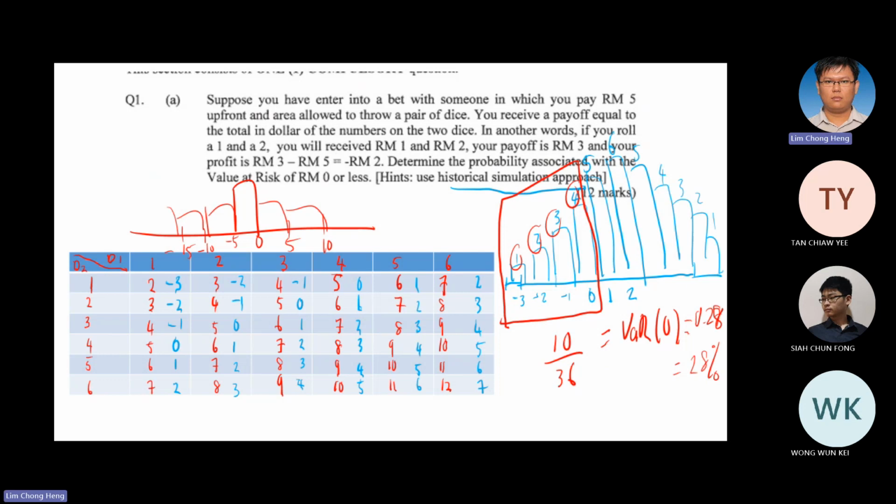But don't do a shortcut. Don't do the shortcut just only above 0% return, and then another is below 0% loss. One is profit, one is loss. Your histogram cannot be just only 2 bars. Up to you lah.